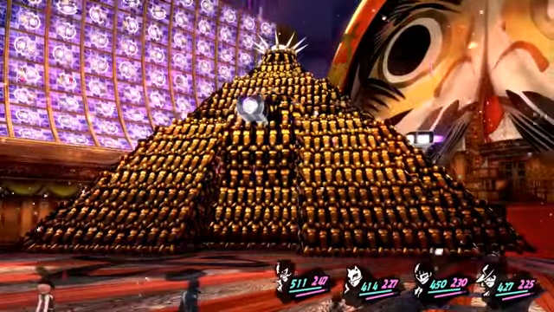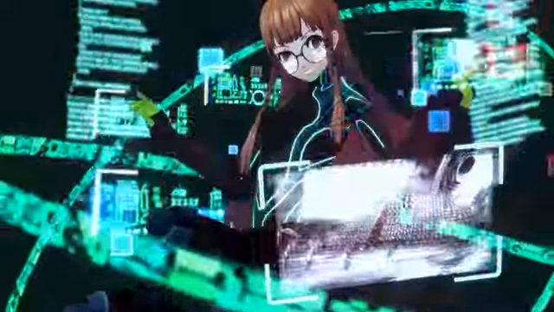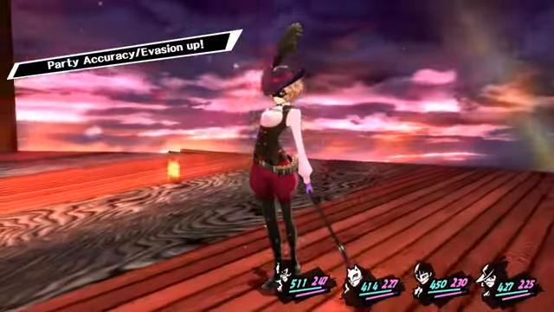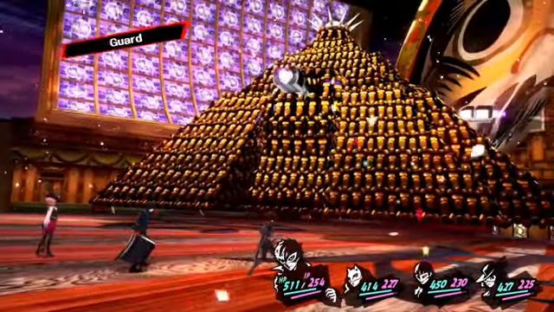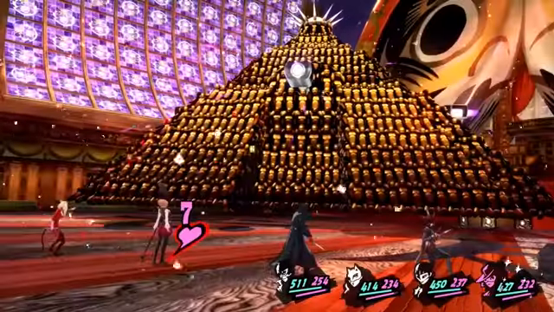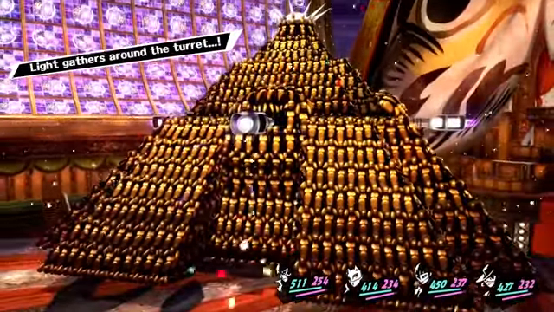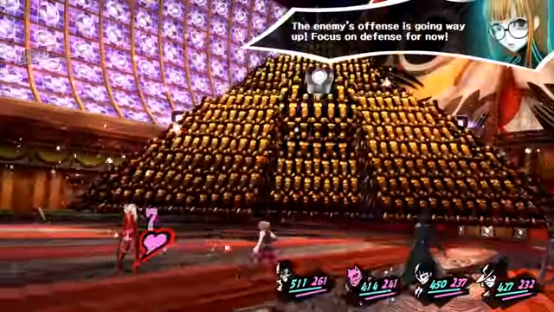Here we are, Unholy Convergence. Basically, when it starts charging up, I think in its next turn it'll say he's continuing to charge, and then the turn after that he attacks. But I screw up, because I think it'll say now, won't it? Defense reverted and light gathered around turret. Yeah, so you can wait. But now for this turn, we definitely want to